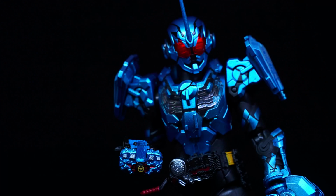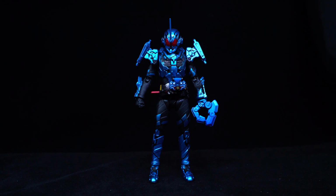Terrible. You can argue that his chest belt henshin device is another accessory, because this is the same piece that they've used in the Cross-C Magma form, just painted differently, of course, just saving money with the DX toys and the Figuarts, and you can transform that, but more on that later. But really, you're not getting anything here. So the entire merit of this figure has to stand on the quality of the figure itself,